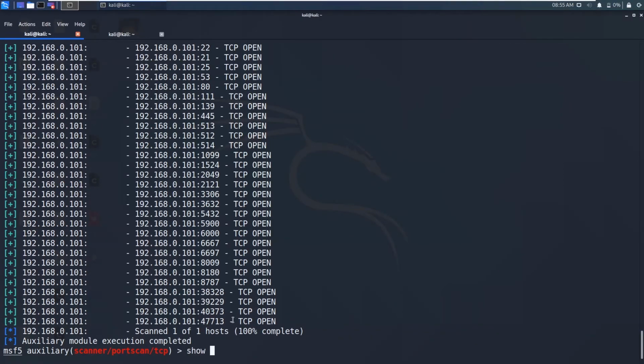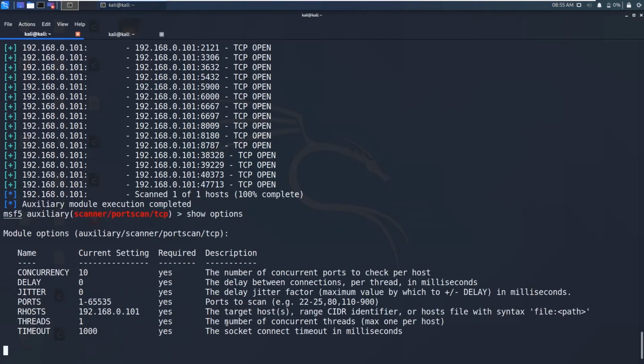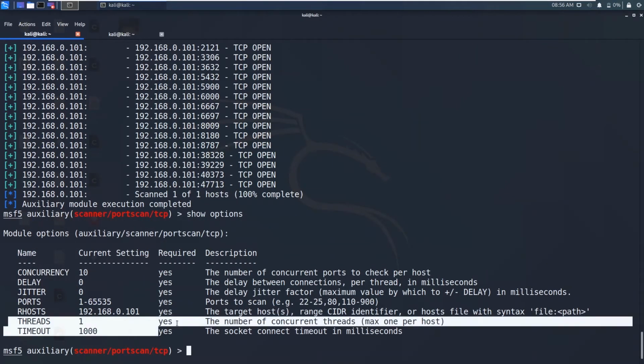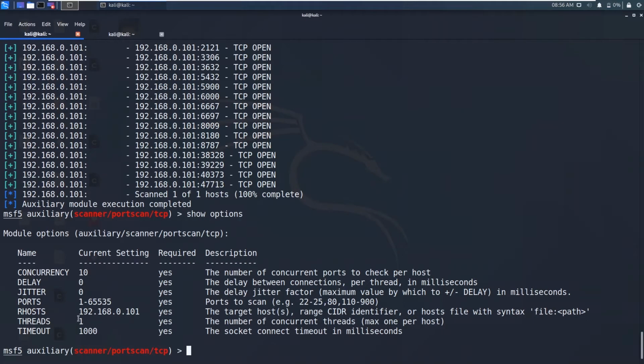And one thing I forgot to show is we can increase these threads. If we increase the threads, each thread performs one port scan, so it will be completed in less time than with threads equal to 1. You can increase the threads to 4 or 5 or up to 10 based upon your computer configuration. I should have put this in the scan. Okay, that's all about this TCP scan.